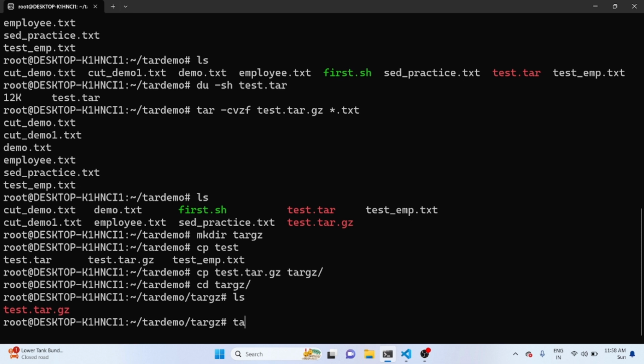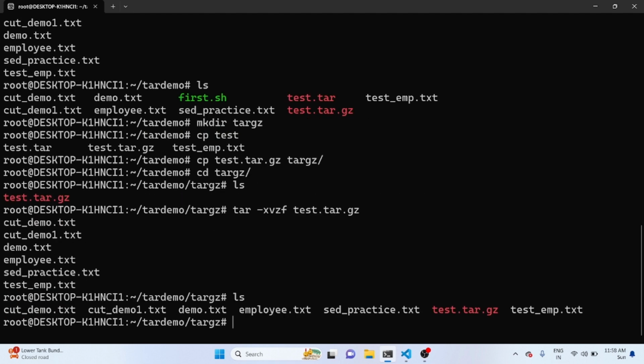Now I wanted to unarchive: tar -xvzf, z for gzip. Okay, then my file name test.tar.gz. Now you can see only .txt files are added inside the test.tar.gz, right? In this way you can check the file size also using du -sh